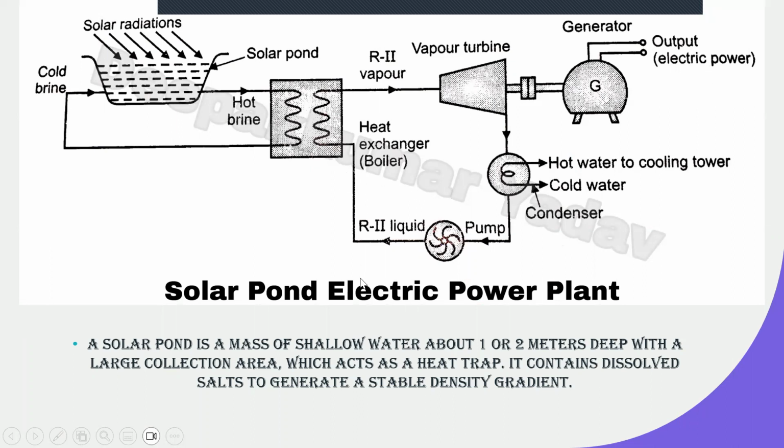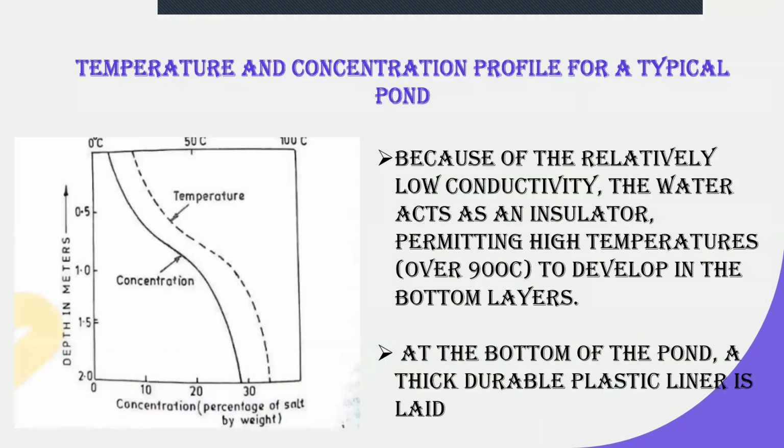On the other hand, there is a liquid which is pumped because of the rise in temperature, and the temperature of that particular liquid should be kept within the threshold value. By condensing, it is taken like that, sent again and regulated to the vapor turbine. Now you can see from the vapor turbine some hot water, which requires the condenser to cool itself, and then it is pumped again into the water vapor turbine to generate electricity. Now let us look at the temperature and concentration profile for a typical pond.